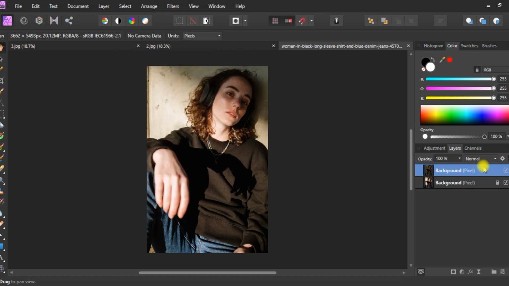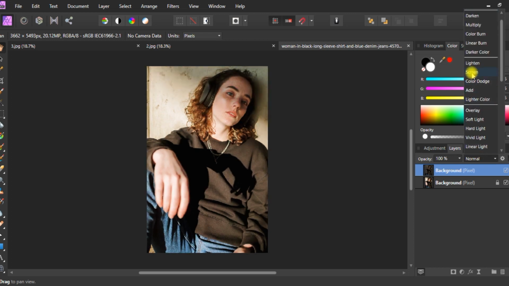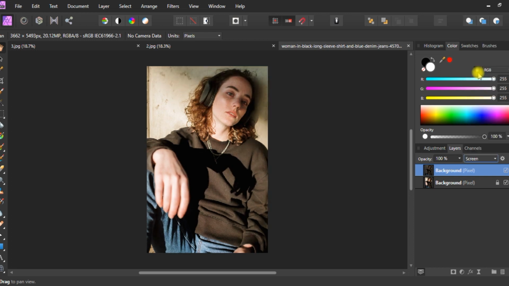It's simple. Now the very last thing you can do is go to normal and select screen. Let's see the magic. We can go to the first layer, and then screen. You can see the difference, right? But there is one problem with this blend mode: our whole image has become whiter than before. We only want to remove the shadows or highlights from her face, and we don't want to remove shadows or highlights in the background.